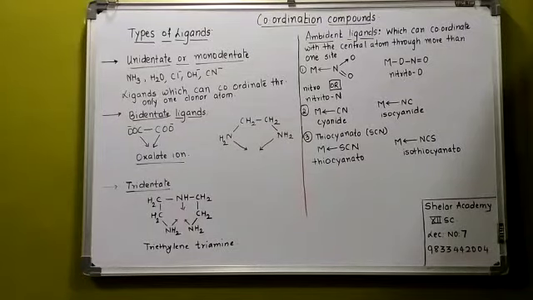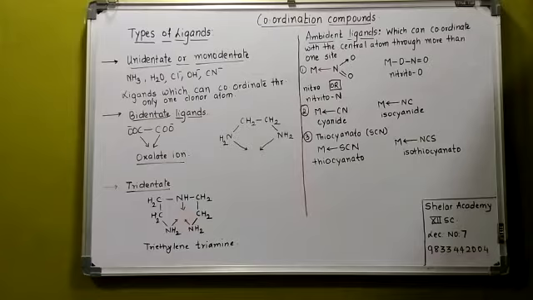Lecture number 7. In the last lecture, we have seen the different definitions of what you mean by ligand, what is the coordination sphere, then how do you find the oxidation state of the central metal ion, and all. Now let us proceed with the types of ligands. I again repeat the definition of a ligand.